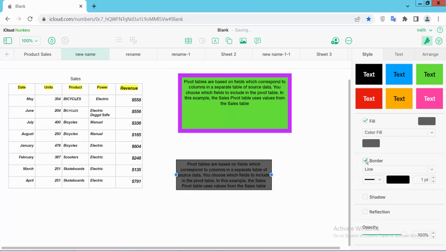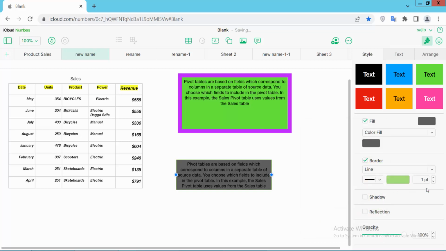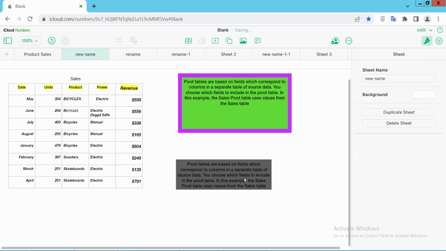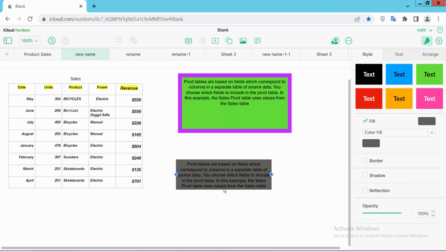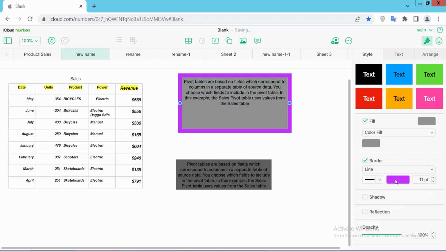Also you can add border color, you can change border color if you like and increase border and see this. I'll uncheck this border and remove it, and see this gray color text box already created. Also you can change this text box fill color, click on this and click here, this gray color, yeah,